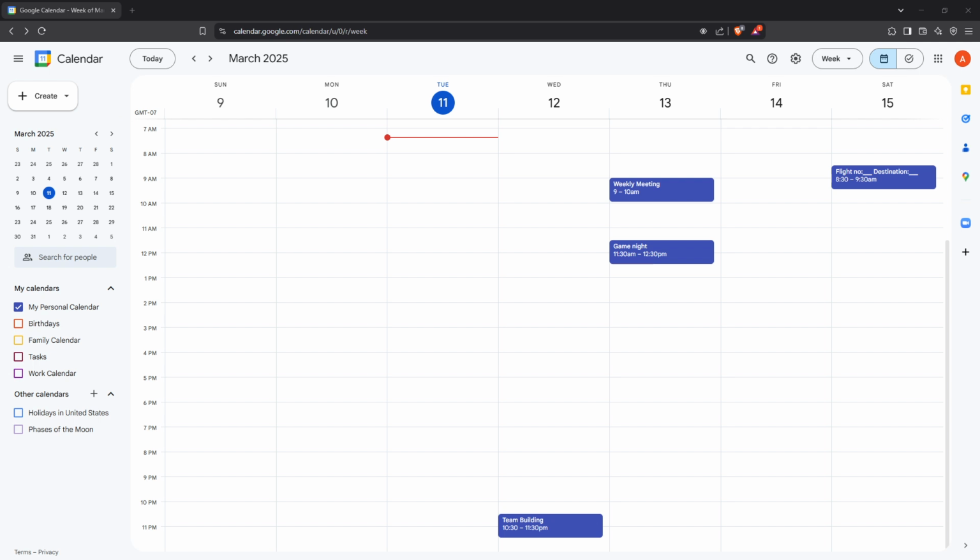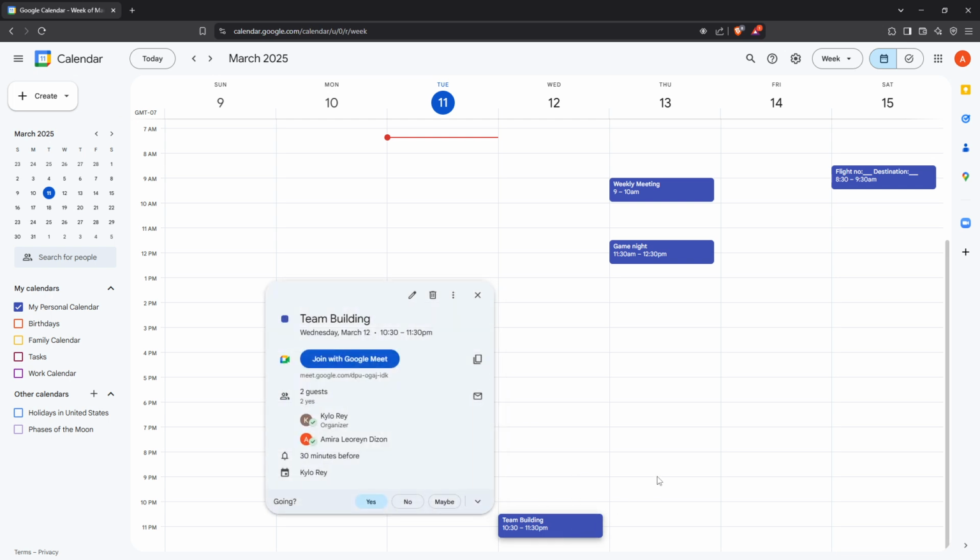Start by navigating to your Google Calendar. You can do this either on your desktop or mobile device, whichever you find more convenient. Once you are in, locate the event you wish to reschedule. Simply click on the event to open its details. You should see the event details pop up, allowing you to view all the relevant information such as time, date,